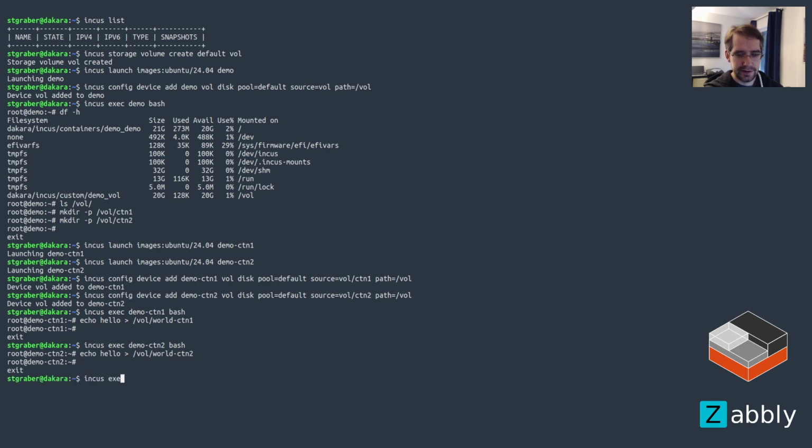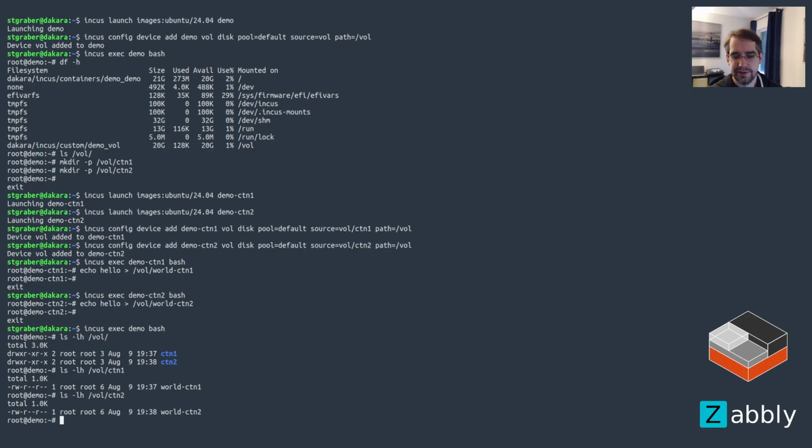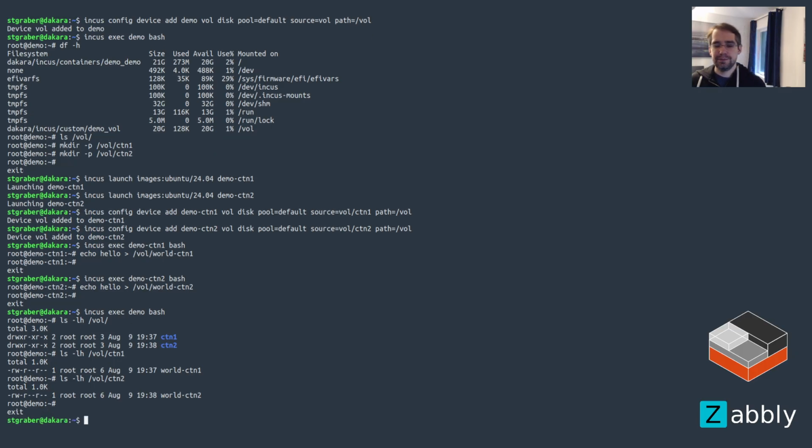Okay, and so they've each got their own mount. And if I go look at the first container, and we go look at vol, then ctn1, ctn2, that effectively just lets us create a custom volume, and instead of attaching it fully to every single instance, you get to attach just a subset of it. And again, this is particularly useful if you're thinking of setting up an OCI or Docker container image on top